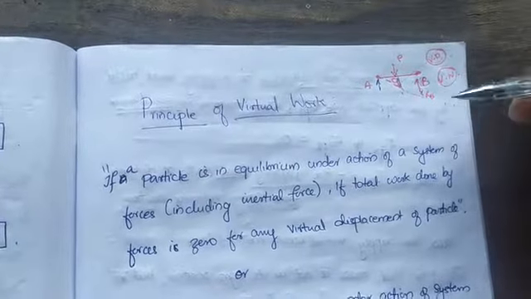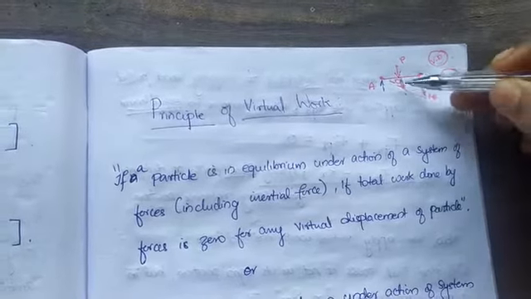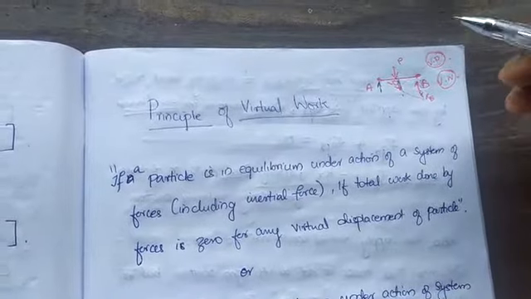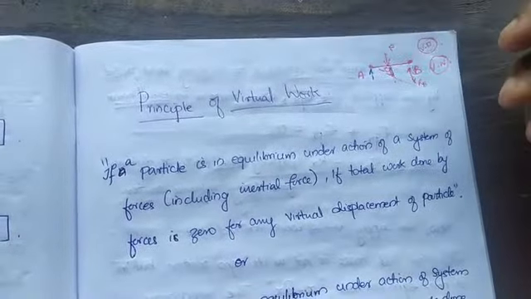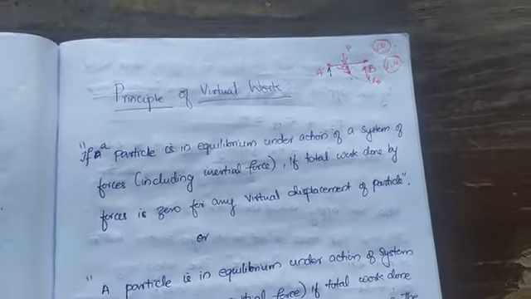So the total work due to these things has to be found, and that has to be equated to 0, because actually the system is not moving, right? So actually there is no work involved. So you can equate it to 0, then you will find that the work is 0.